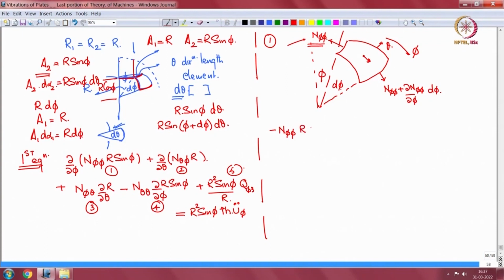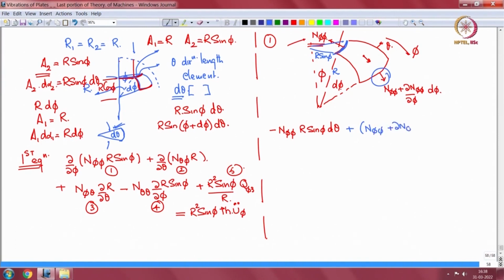So the force is n phi phi into that length, r sin phi d theta. Now on the incremented side I have plus